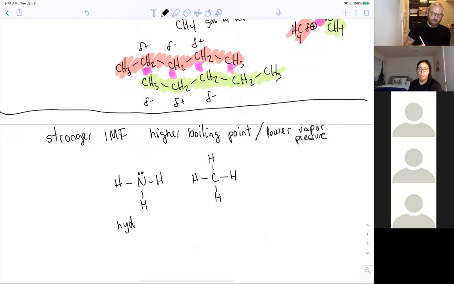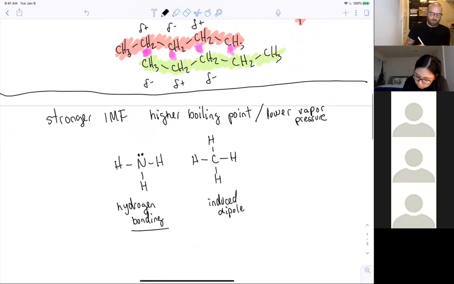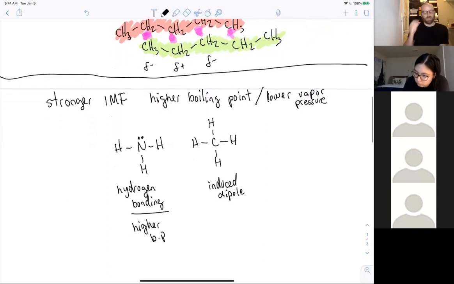But this one has hydrogen bonding, which is like the penultimate intermolecular force, whereas this one only has induced dipole. And so I'm going to expect the vapor pressure for this one, let's say the boiling point, that's easier to think about, the higher boiling point, which also means a lower vapor pressure. At a microscopic scale,